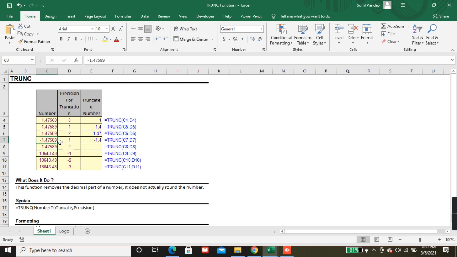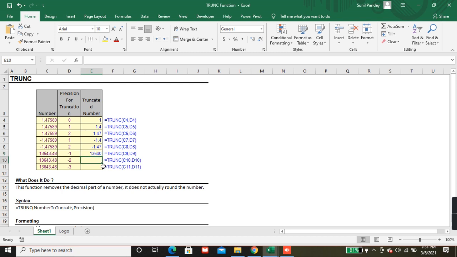After the decimal it will show one value, minus 1.4, and here it shows 2. And if I put minus 1, let's see what happened. 13640, which means minus 1 removes 1 digit before the decimal point, converting it to 0.